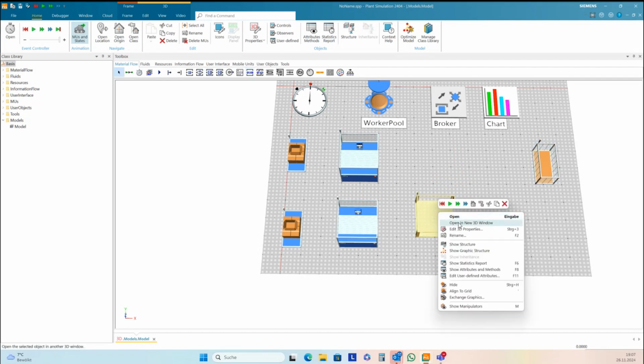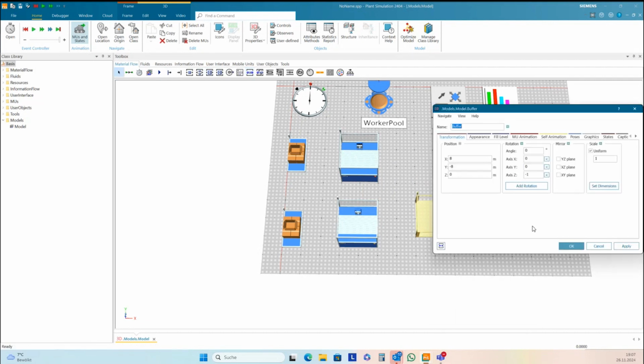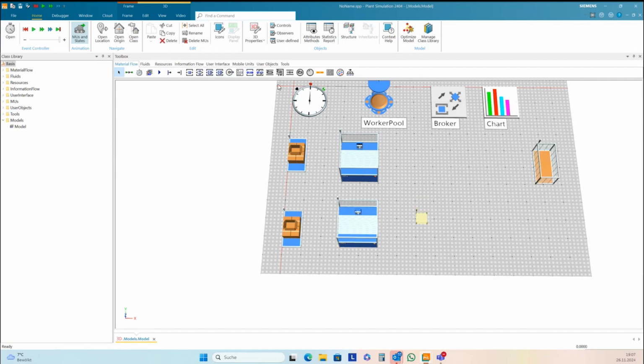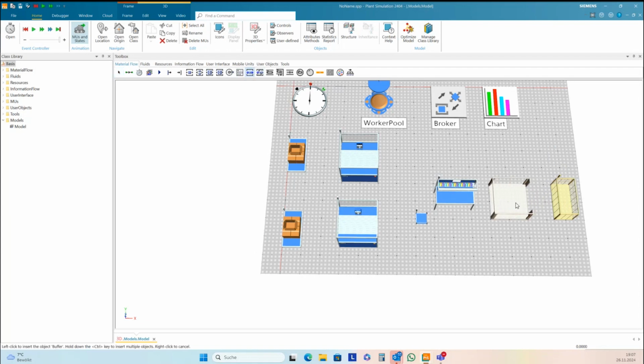I make it a little bit smaller here, and one assembly station. And finally a buffer, and a drain. And we connect all together in this way.